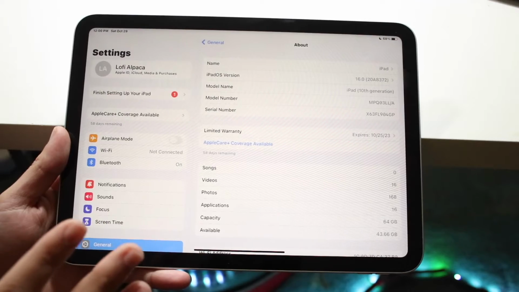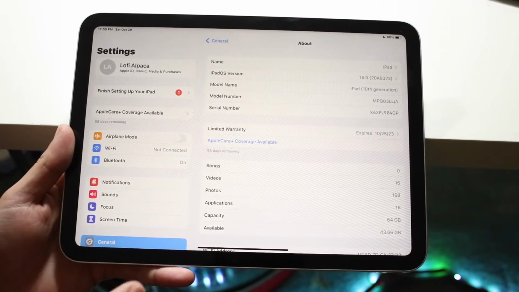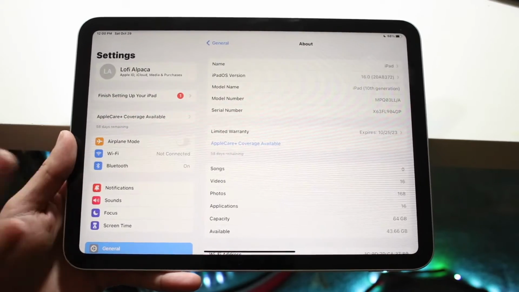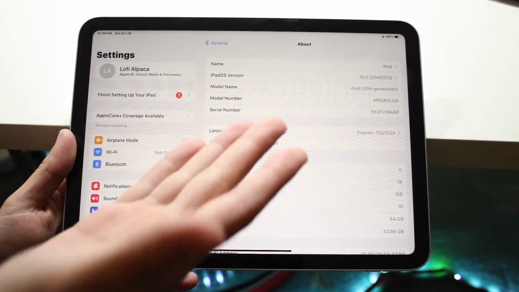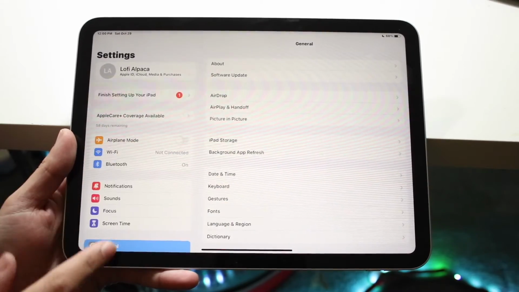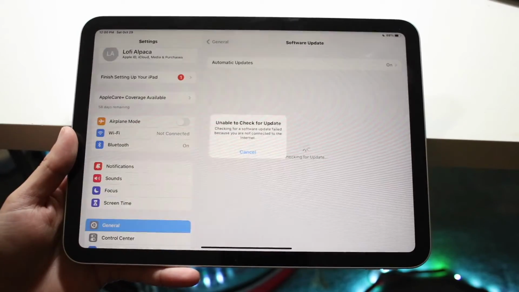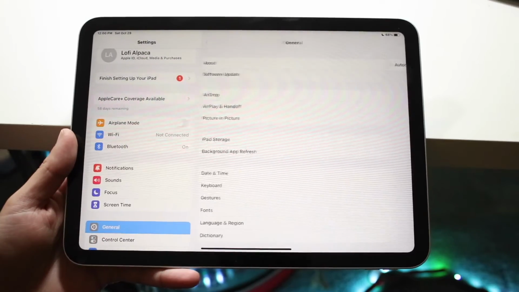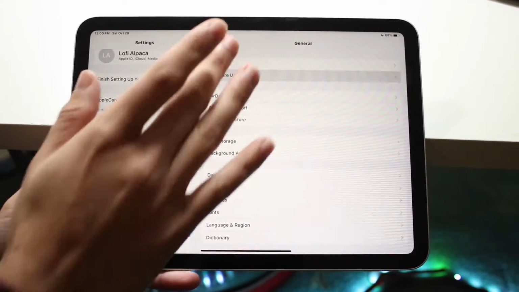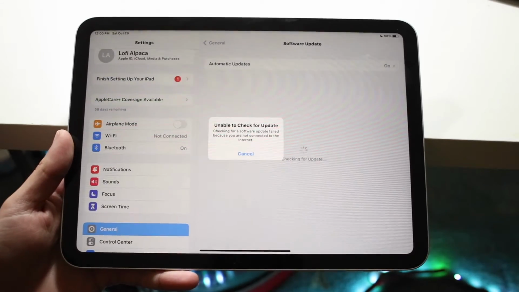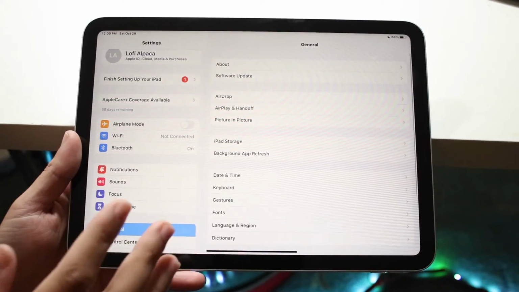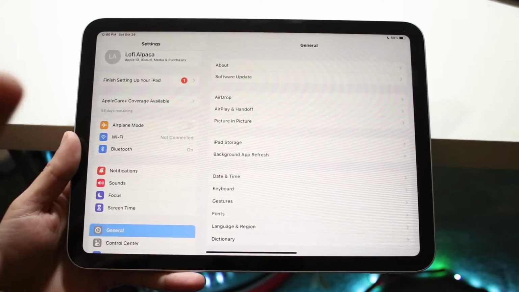So the most important thing I would recommend every single person watching this video who bought not only an iPad 10, but an M2 iPad Air, or any brand new iPad, which is usually already on iPadOS 16 at this point, is to go ahead and click on Software Update in your General settings right here, and just update your version of software. Now, 16.1 is already available. So as you can see, I'm just not connected to Wi-Fi. So just connect to the internet. Update your iPad to iPadOS 16.1, and this will fix most of the bugs and issues you're going to experience, so